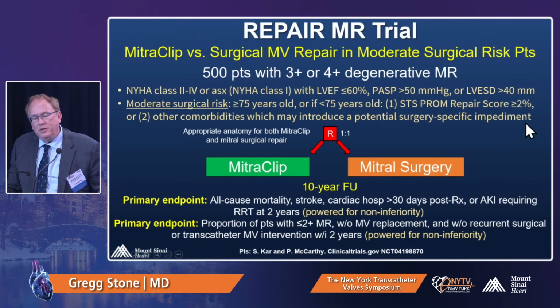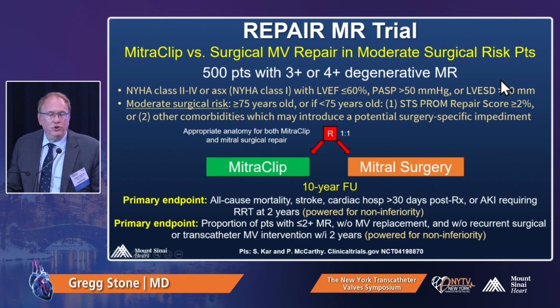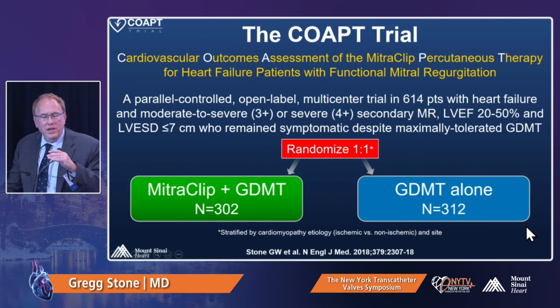Now, with increasing experience with the MitraClip, there's a lot of interest in trying to bring it into intermediate surgical risk patients, and there are 2 trials that are ongoing. The one that's farthest along is the REPAIR MR trial, 500 patients with 3 to 4+ degenerative MR and moderate surgical risk, as defined here, randomized to either the MitraClip versus mitral surgery, with a total of 10-year follow-up, again powered for non-inferiority. So now if we switch to functional mitral regurgitation,